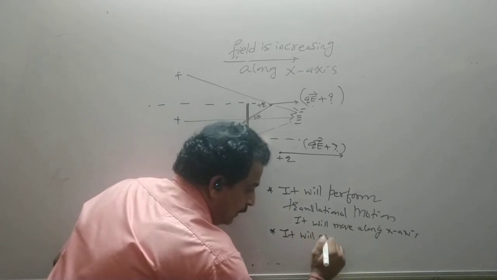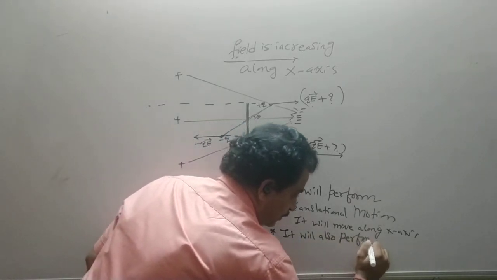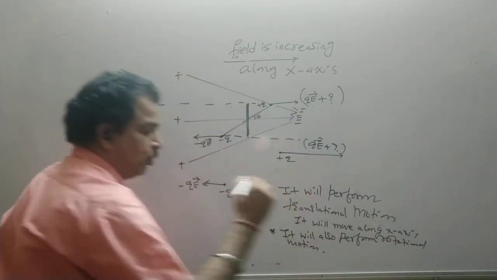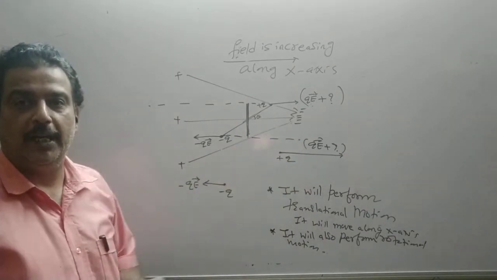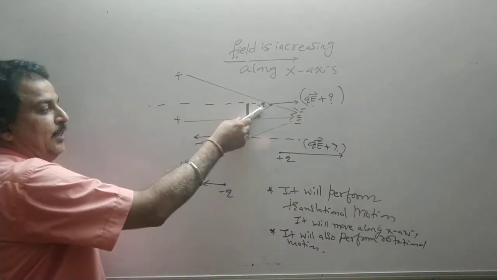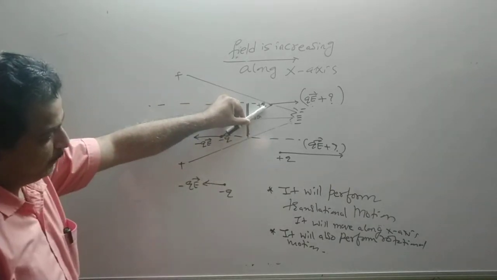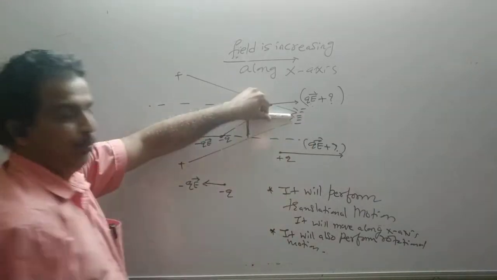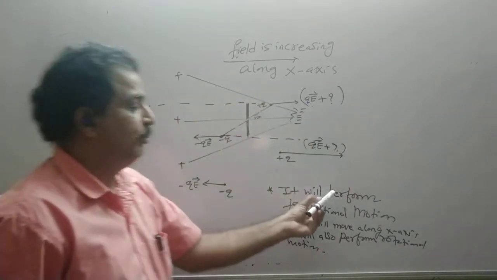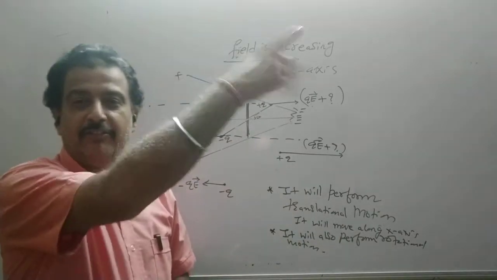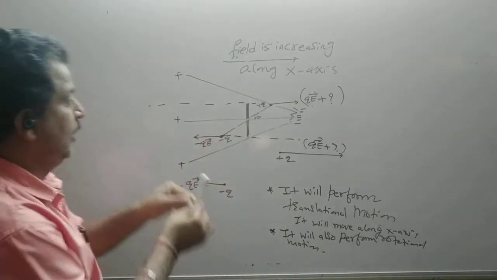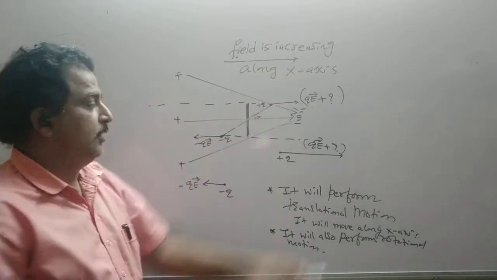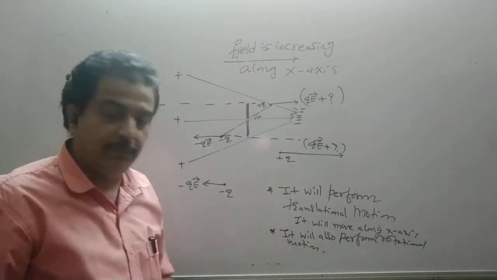It will also perform rotational motion. तो चलेगा भी, घूमेगा भी। तो ये जैसे ही मैं ऐसे रखूंगा, रोटेट भी होता रहेगा, चलता भी रहेगा। कब तक चलेगा? जब तक ये प्लस उस नेगेटिव पे चला नहीं जाता। So it will perform translational motion till the field exists. जहां तक फील्ड एग्जिस्ट होती है, चलता भी रहेगा, घूमता भी रहेगा। कहां तक? जहां तक फील्ड एग्जिस्ट होती है। और घूमना कब तक है?